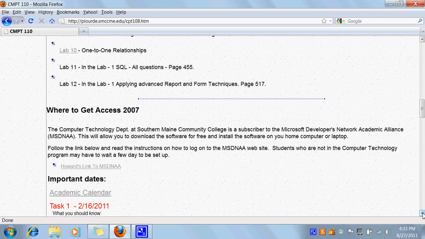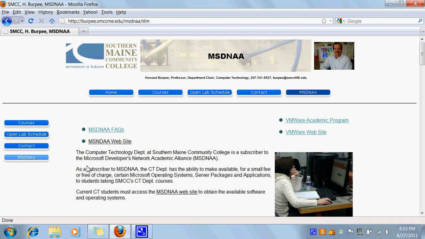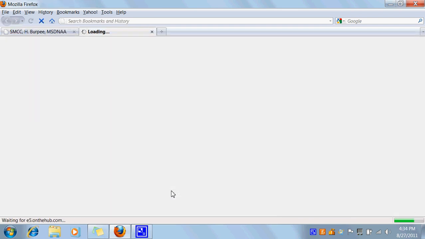We have an agreement with Microsoft, and it's the Microsoft Developers Network Academic Alliance, which is the Msdnaa. And I have a link up here to Howard's website, Howard's link to the Msdnaa. We'll go there. And Howard is the one that sets up the user IDs and passwords for this site. So if we go to the Msdnaa website,